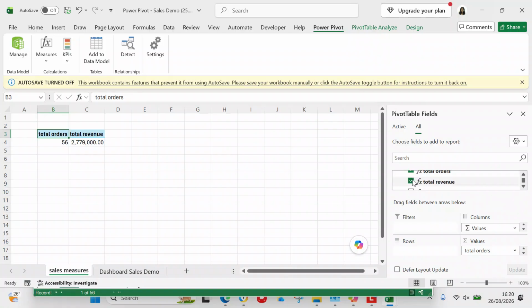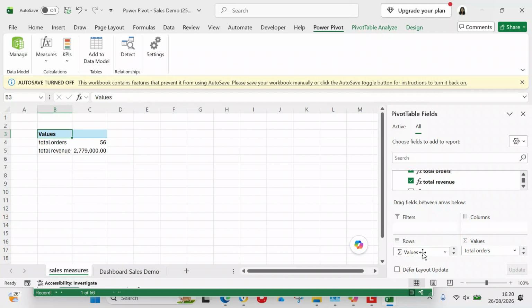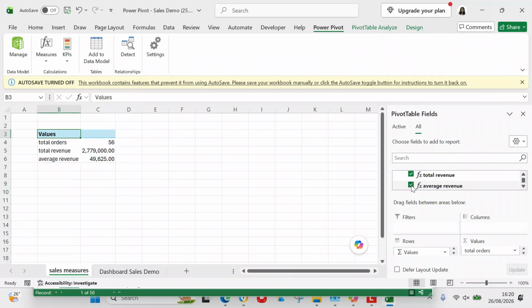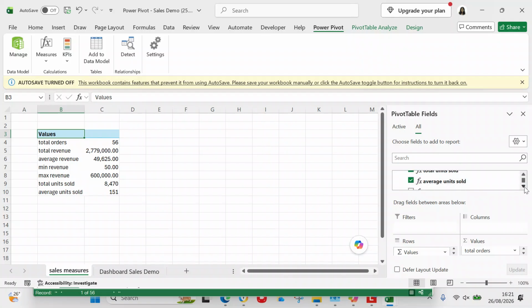And we're going to say total revenue, but I want the values to be in the rows. So there we go. We've got our values in our rows. We've got our average revenue, got our min revenue, got our max revenue, and now we've got units sold, total units sold, average units sold, min units sold,